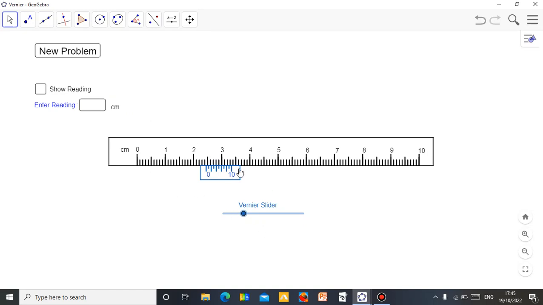So operate this simple applet in this case. Just click this and drag. See, you drag, the Vernier scale is being moved as you click this slider. Let's assume I leave it here. Let me move a little. Let's say something like this. Okay, what is this reading? You look at this. This is